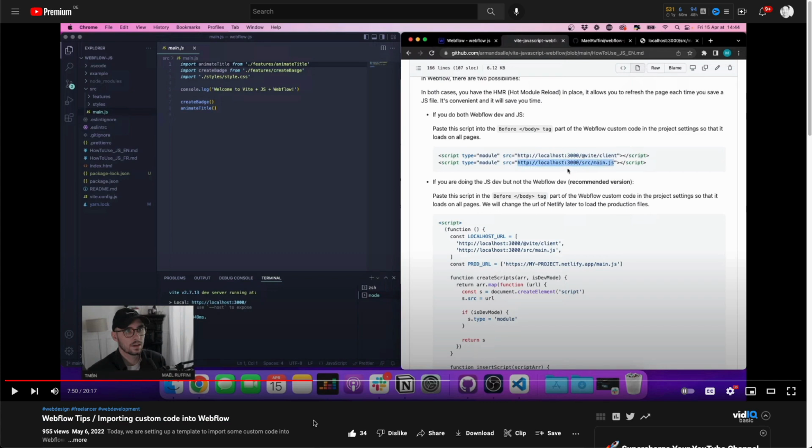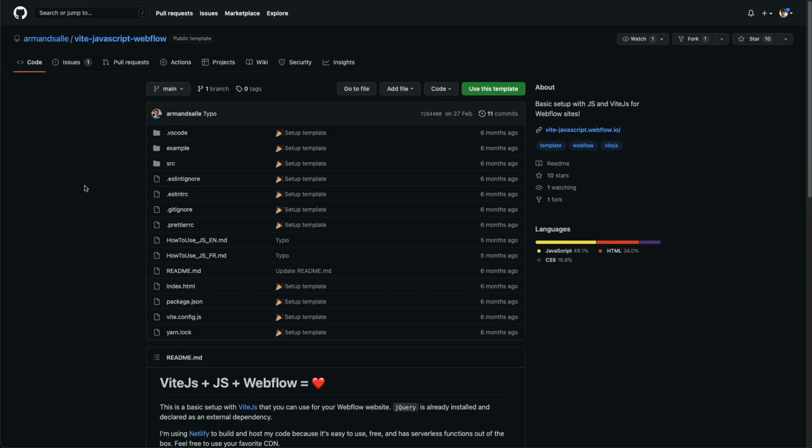But I'm going to take one step a little further, catering more towards GSAP, and I will show you, from Tambien's technique, and on top of that, how to install GSAP and run it, combining with Webflow. So let's do it. Okay, first up, we need to come to this GitHub page created by Ahmad Saleh, and